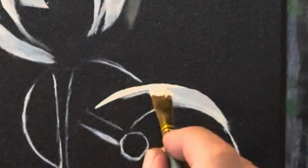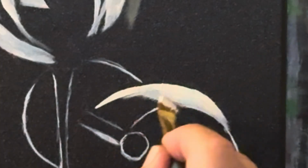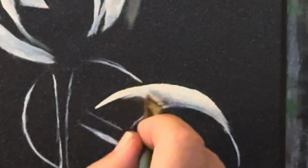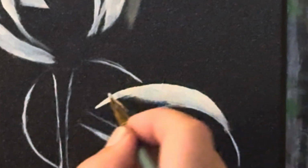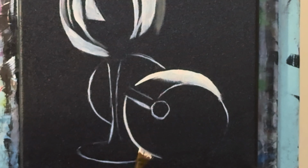So with this shape here, I just want to drag the rest of the paint left on the brush out into this darker value here. Kind of something like this. Just very light pressure, and this angle brush really keeps this intact where I can still keep the shape very crisp even though I am blending it out. Okay, kind of something like that, and I'm going to continue with the rim of the glass now, the outside